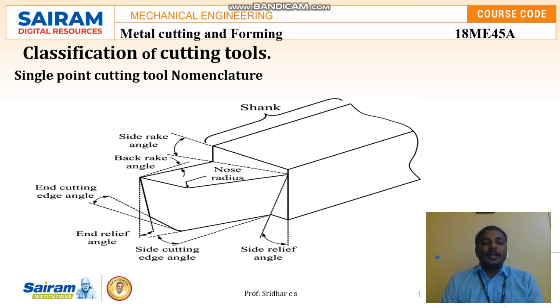So in order to avoid that, the tool post will rigidly hold the tool. Due to this, there will be no vibrations between the tool and the workpiece, so the smooth functioning of the shaping can take place between the tool and the workpiece. So that is one of the major reasons almost the complete portion of the shank is held by the tool post.